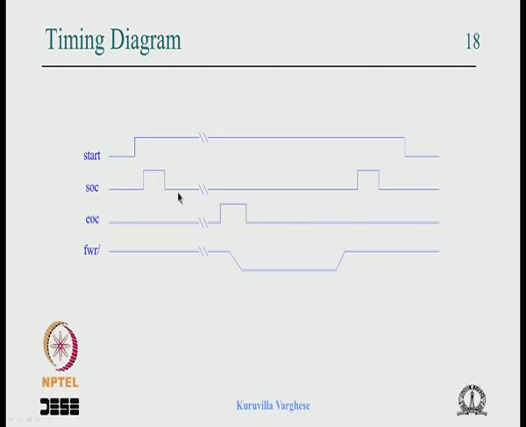If you want a 2 clock period duration, make SOC 1 for 2 states, then you get a 2 clock period duration. But we assume that there is no great constraint, and 1 state duration is good enough for this case. But the question is how to generate a pulse of a certain size. Taking a cue from what I have described, one way is, when the end of conversion comes, go